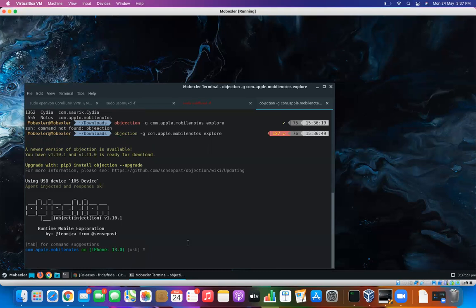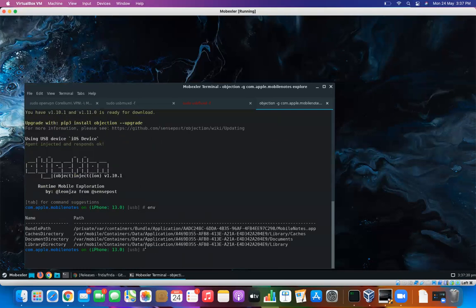And if we do env, it should give us the environment variables like the path where the application is, its caches, its documents, its library, which are the important file paths that we require in order to do information gathering, to find out if it is storing some important data over there, or if any data leakage is possible with those particular storage, right? Also, we can look out if we can figure out the classes that are being called by